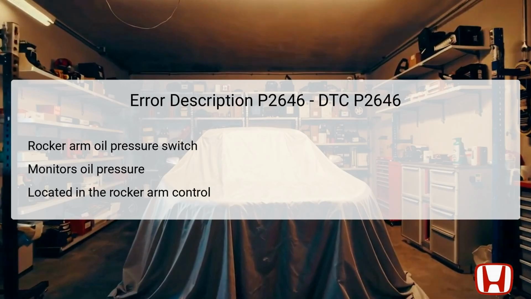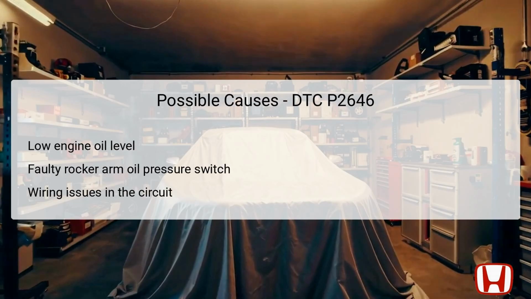Understanding the precise location and function of the rocker arm oil pressure switch is imperative when troubleshooting this error. Using the correct tools and methods as outlined in the manual is essential to ensure an accurate diagnosis and effective repair. Several factors may contribute to the occurrence of DTC